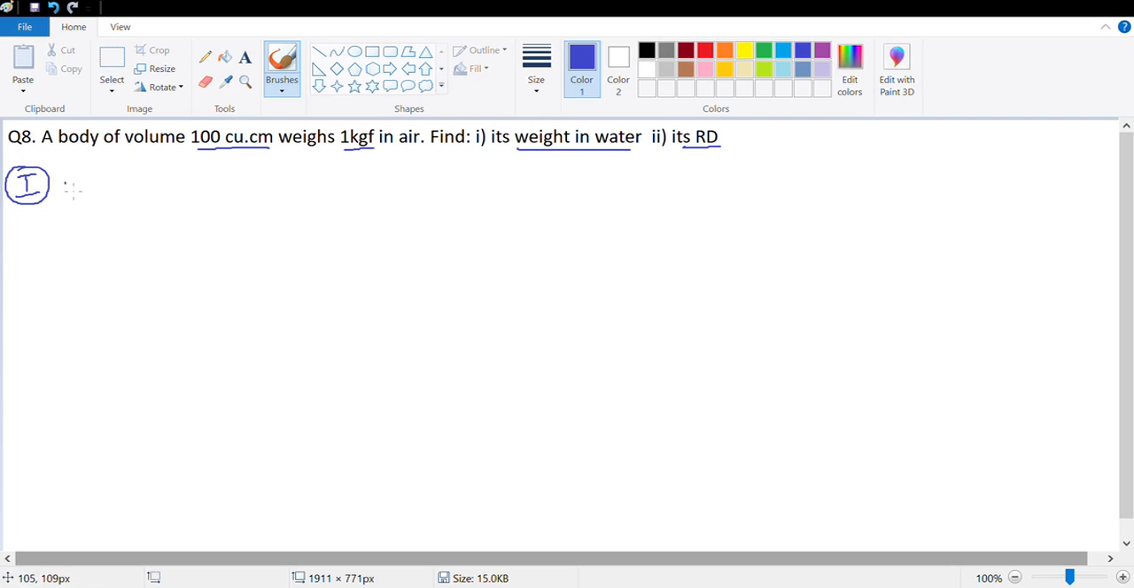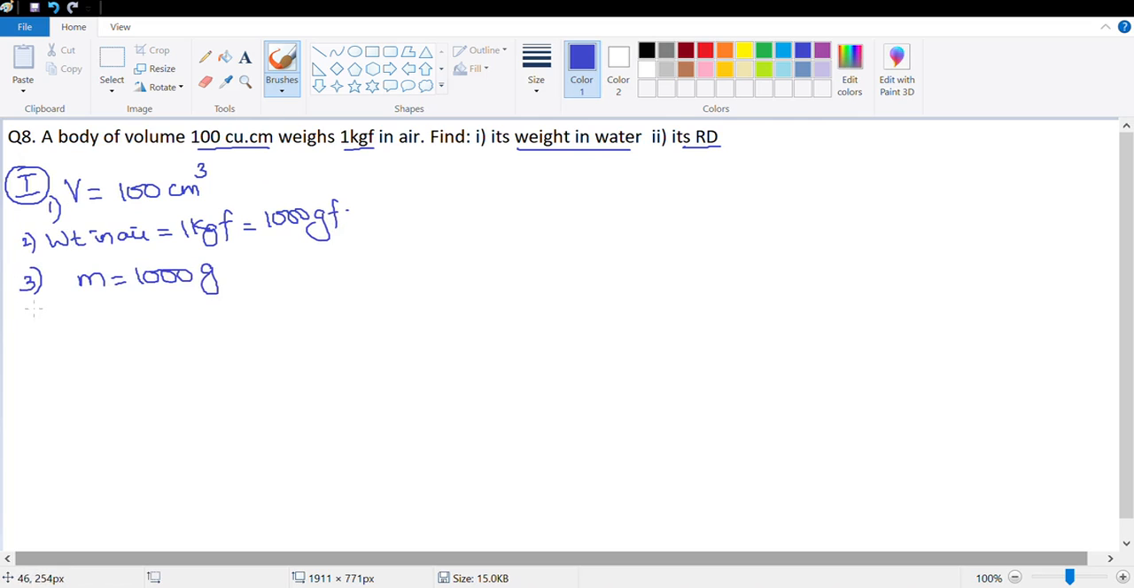So the volume is given equal to 100 centimeter cube. Weight in air is given equal to 1 kgf, which we can take as 1000 gram force, which means mass will be equal to 1000 gram. Now, if I calculate the upthrust on this, upthrust would be equal to volume of solid, in this case 100, multiplied with density of liquid, in this case 1, multiplied with g, which means this would be equal to 100